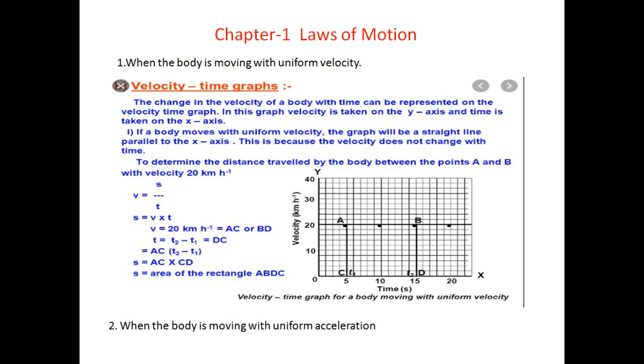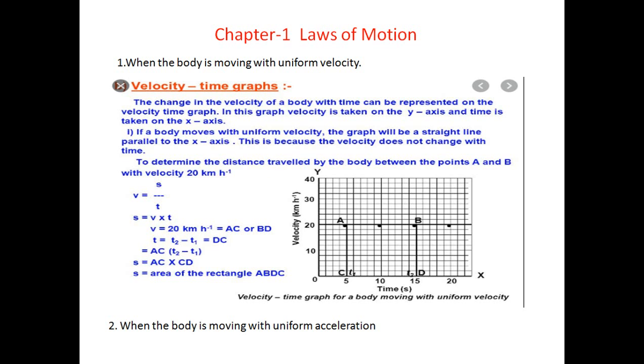Now the second case: is there a relation between the distance covered by the train between 2 and 4 hours and the area of a particular quadrangle in the graph? What is the acceleration of the train? If there is no change in velocity, it means there is no acceleration, right? Acceleration will be zero, because acceleration is nothing but the rate of change of velocity. As we see in the picture, there is no change in velocity, so acceleration does not occur. It means the acceleration of the body is zero.